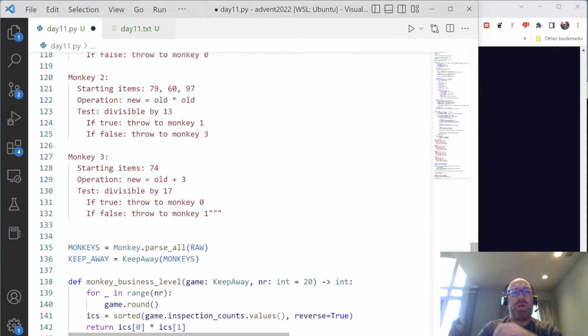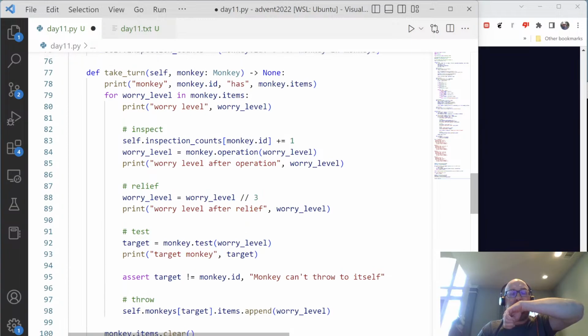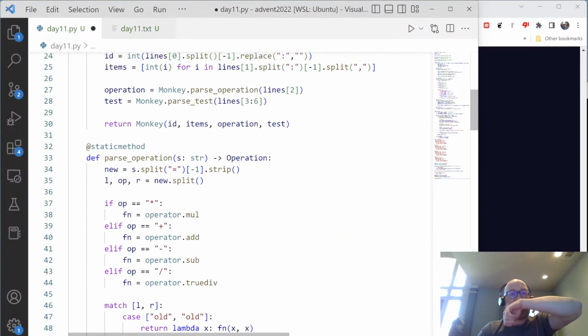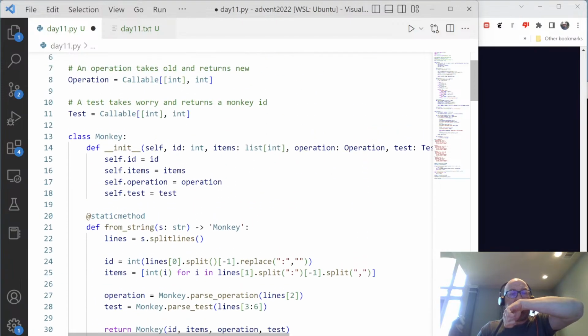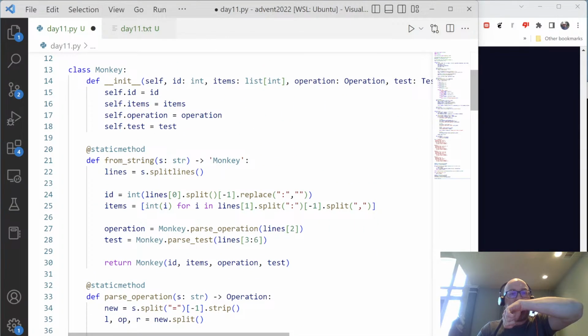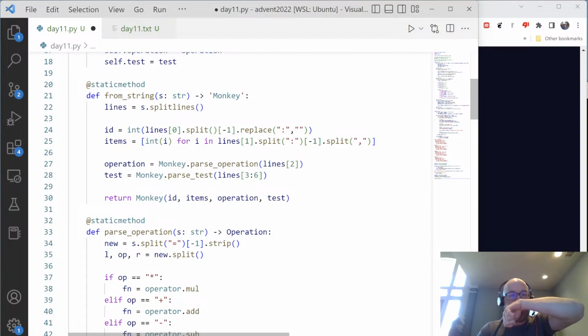So basically what I can do is, the only thing which is a pain, is that I'm going to need to modify